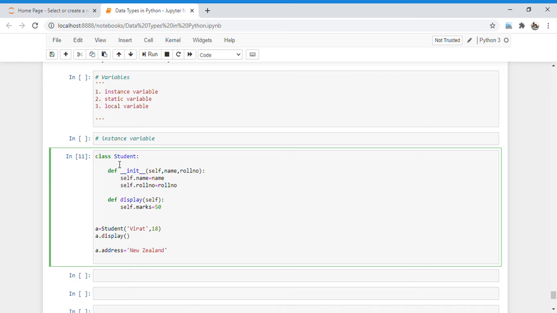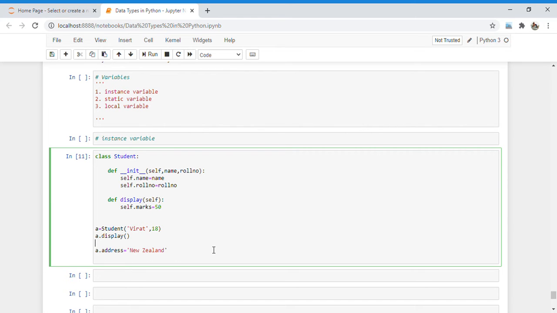Here after the whole class, I call the display method, and after that I create a new instance variable by using the object, that is a.address is equal to New Zealand. So here I defined three ways to declare an instance variable: first inside the constructor, then inside a method, and another outside the class by using the object reference.